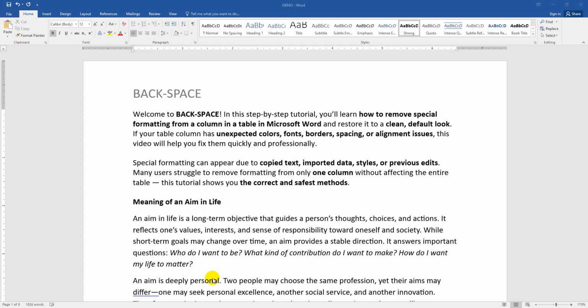Welcome to Backspace. In this step-by-step tutorial, we will learn how to remove special formatting from a column in a table in Microsoft Word and restore it to a clean default look. If your table column has unexpected colors, fonts, border spacing and alignment issues, this video will help you fix them